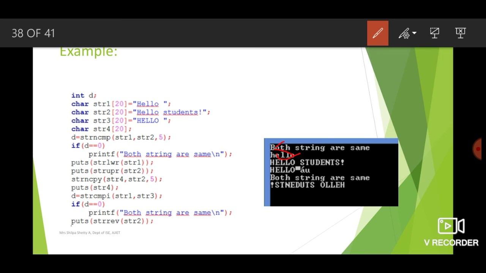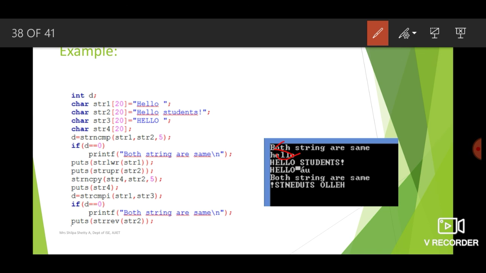Next one. After that we will compare the d value, that is the value returned by strncmp. If it is equal to 0, then it means the strings are same. Then after that, puts of strlwr. So the case will be changed here. Similarly, strupr, the lowercase characters will be converted to uppercase.